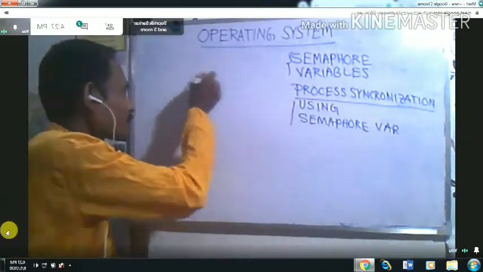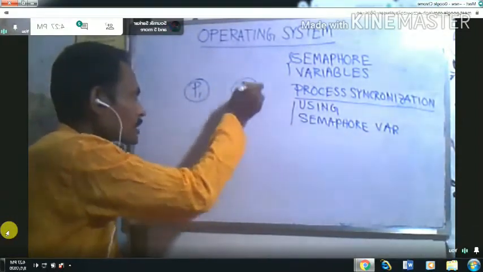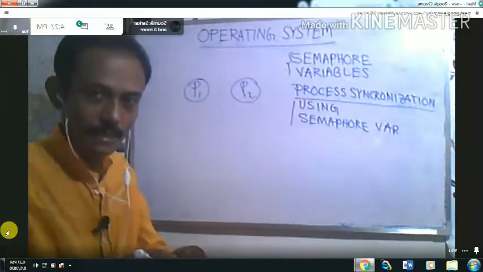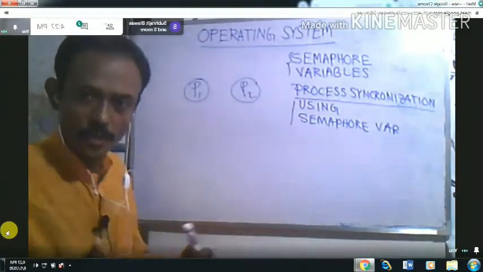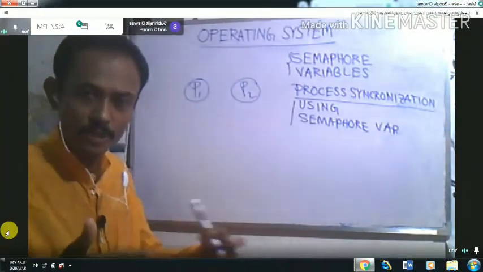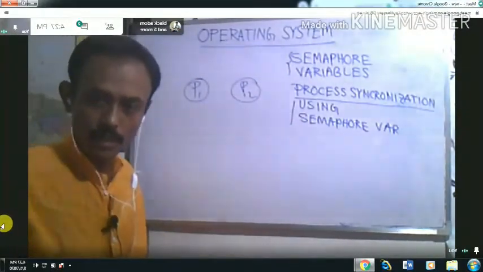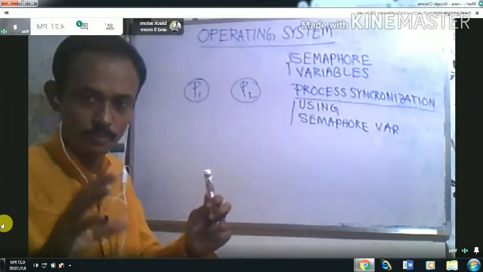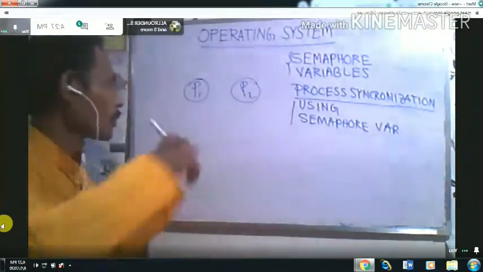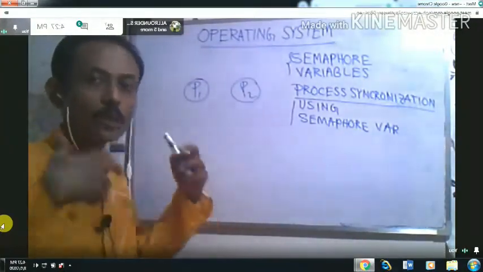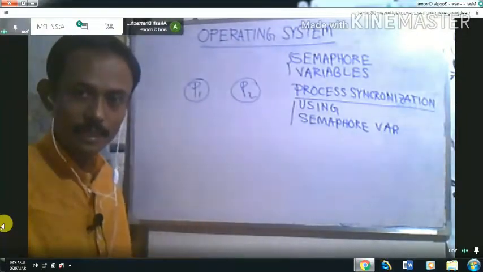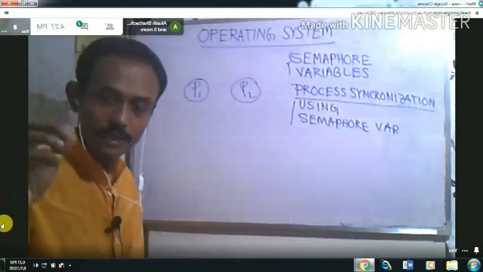If these two processes execute concurrently, that means simultaneously or in parallel. Concurrent, simultaneous, and parallel are all used interchangeably, with the same meaning. When these two processes execute concurrently, there are some criteria.